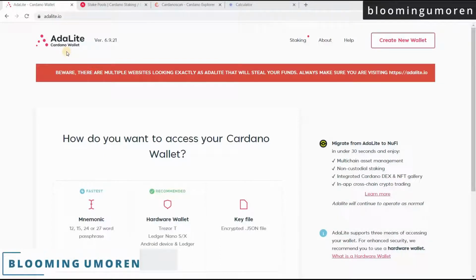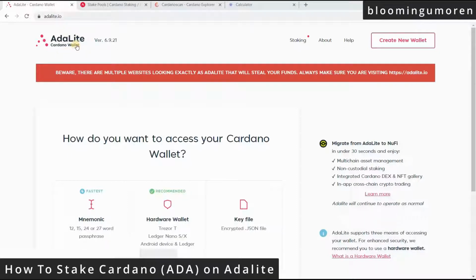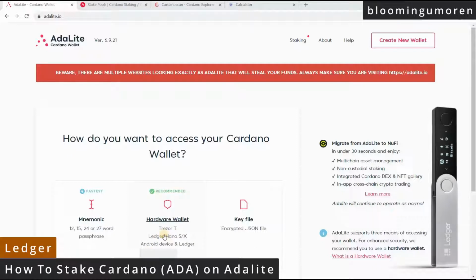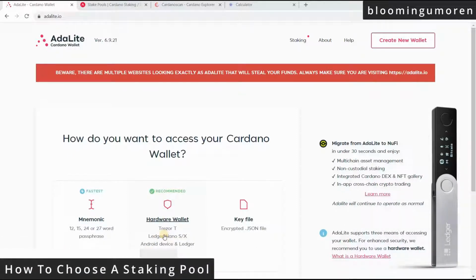My name is Blumino Morin, and in today's tutorial, I'm going to show you step by step how to stake Cardano ADA on Adalite using Ledger. I will also show you how to choose a good staking pool to delegate and stake your ADA coin to